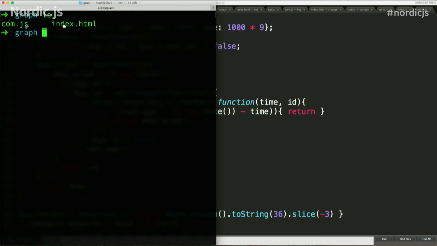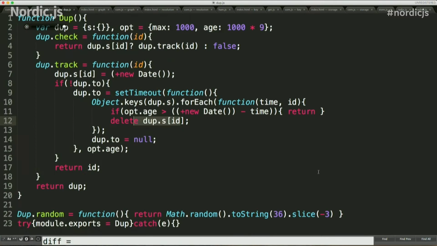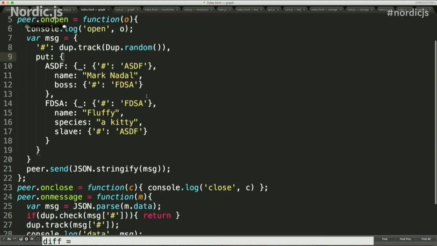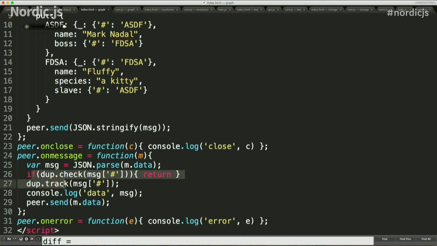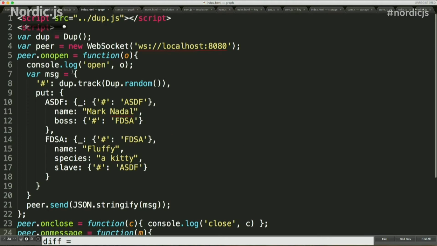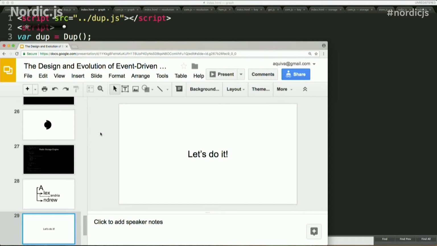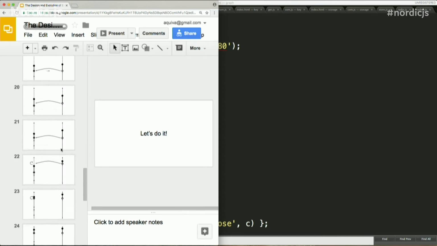Again, those are the files we have in here. We're finally upgrading to have an index.html. Woohoo. So the index.html is essentially what we copied and pasted before, except we're going to have the browser, which is a legitimate peer in the network, also doing the deduplication. Now we have this new kind of wire spec. We have, of course, the mandatory hash with the ID that we're tracking, but we also have this put command on the wire spec. Let's go back to the slides to look really quickly at a graph,